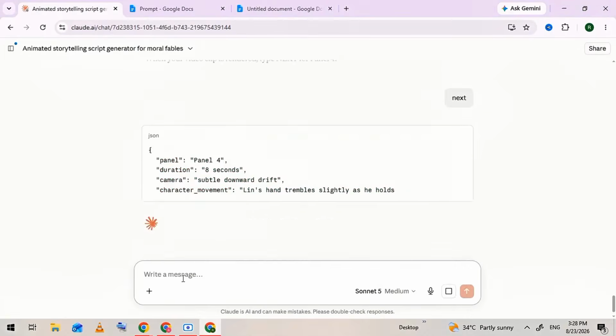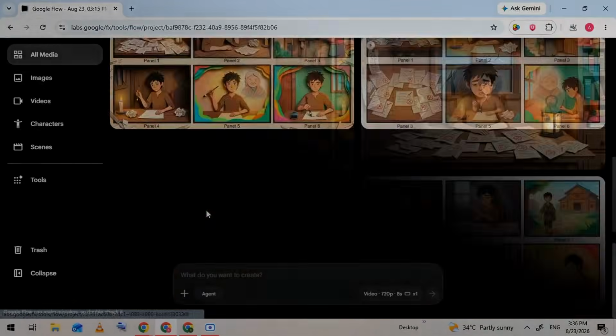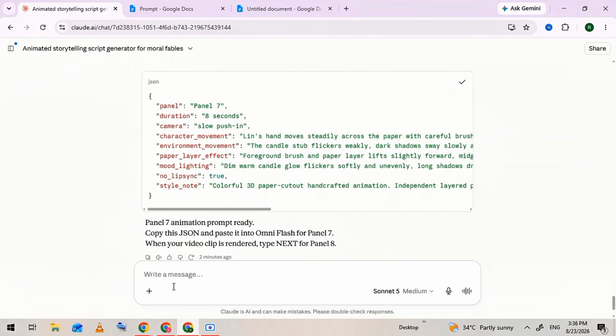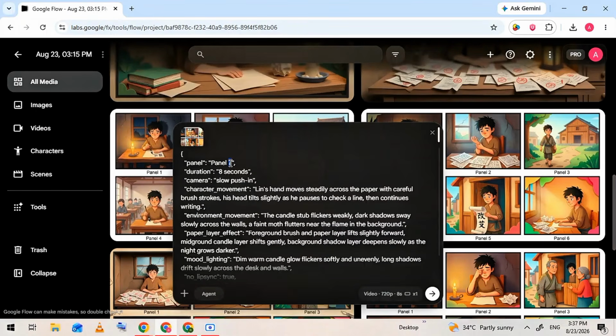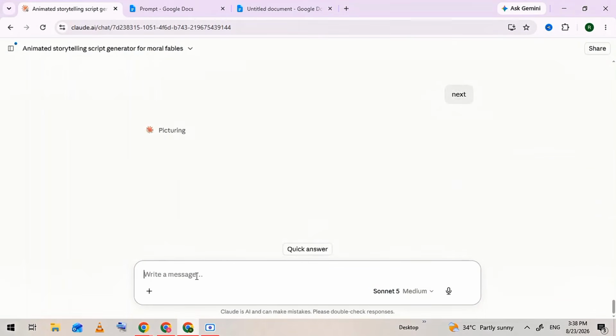Repeat this for all 6 panels. One by one. Claude writes the prompt, Google Flow makes the video. You keep going until all 6 clips from Storyboard 1 are done. Then upload your second storyboard image into Google Flow as the new reference and run the exact same cycle again